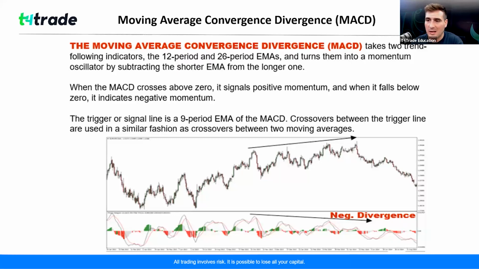into a momentum oscillator by subtracting the short-term EMA from the longer one. Don't be confused. If you're actually confused right now, please bear with me for a second and you will understand what I've just uttered. So in a sense, you use two moving averages, one short and one long. And the moving average convergence divergence indicator calculates the difference between the two, and this